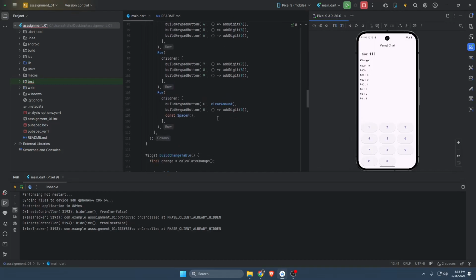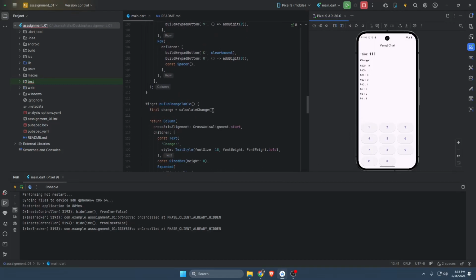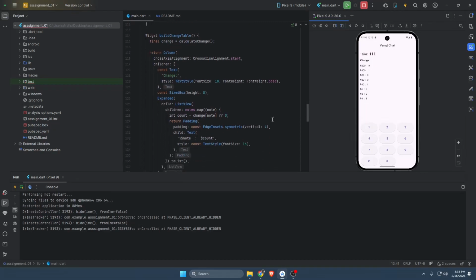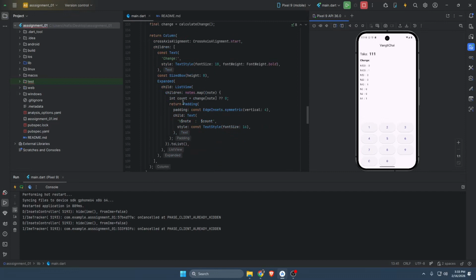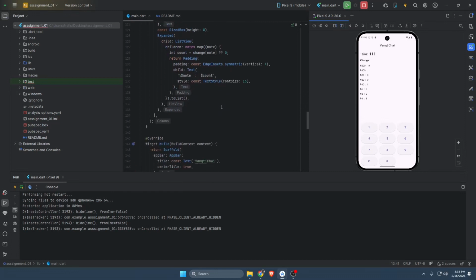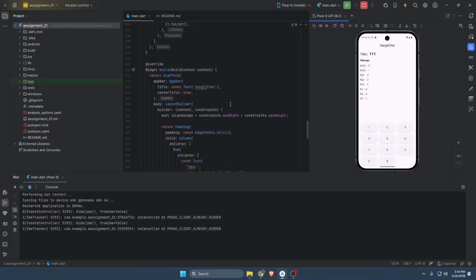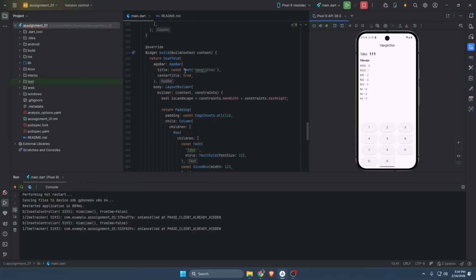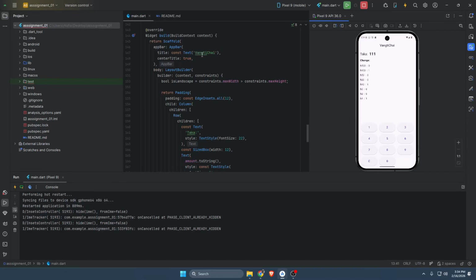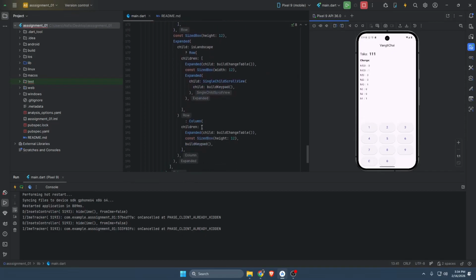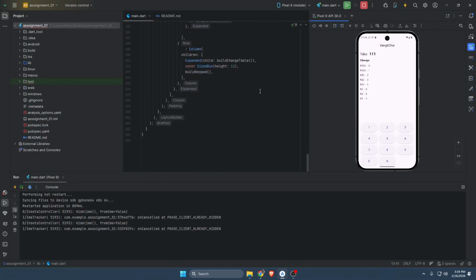Okay. So there, we have also the functions, sorry, the widgets. And here we have the change table widget where the change is actually being shown with similar functions, padding, etc. And lastly, we have the build widget where we actually use all the previous functions to complete the UI, such as the title, the center, the app bar, the scaffold, padding, text type, etc. So this is our code for our assignment one. Thank you so much for